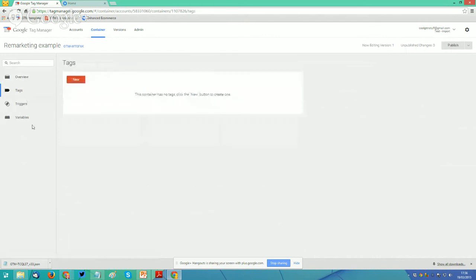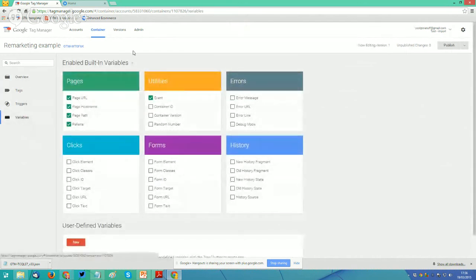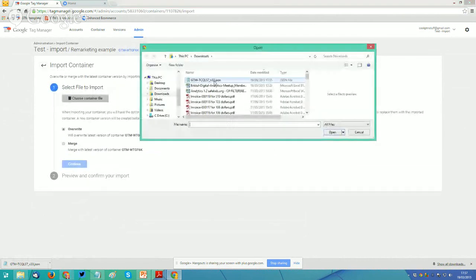Tags. Oh, that's interesting. For some reason it didn't like that import. That is very unusual. Okay, I've just found a new bug. Remarketing examples. Okay, I'll do it a different way. I'll just import from a different account.